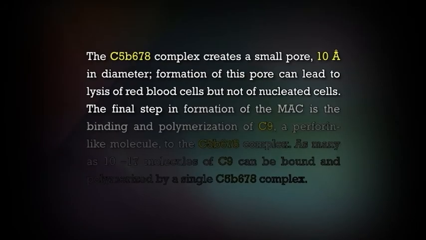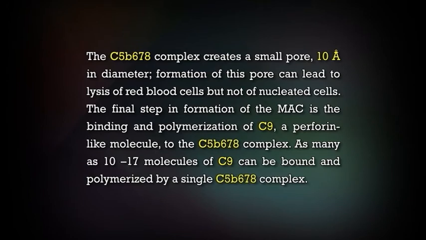The C5b678 complex creates a small pore, 10 angstrom in diameter. Formation of this pore can lead to lysis of red blood cells but not of nucleated cells. The final step in the formation of the MSC is the binding and polymerization of C9, a perforin-like molecule, to the C5b678 complex. As many as 10 to 17 molecules of C9 can be bound and polymerized by a single